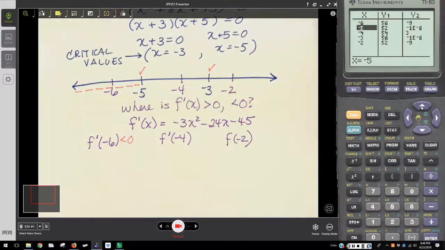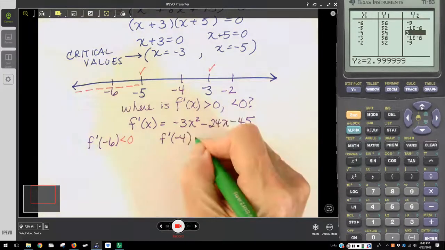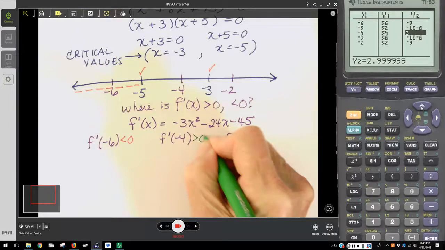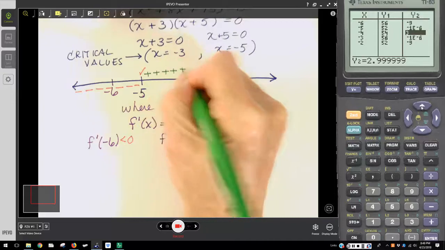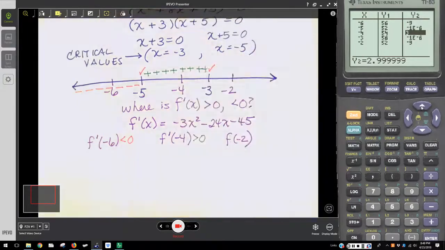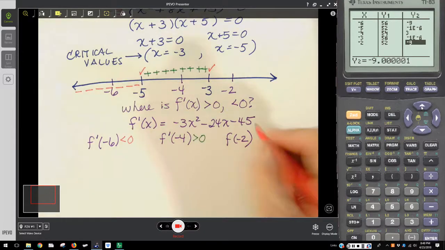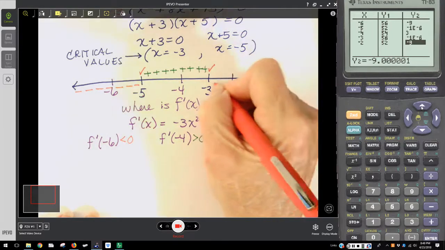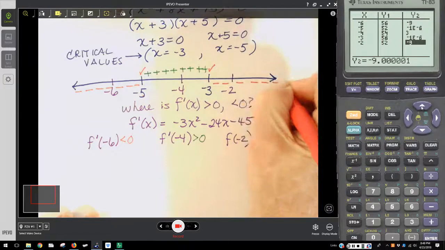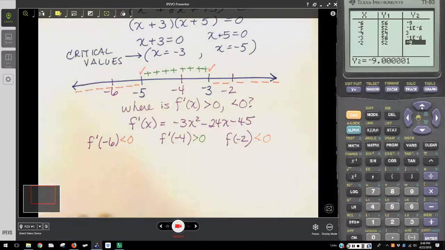And then for the number between -5 and -3, we have 3. So f prime of -4 is positive, which means the function now is increasing. And then again at -2, it's back to being negative. So the derivative is negative, the rate of change is negative, which tells us that the function is now decreasing. So what that tells us about the function